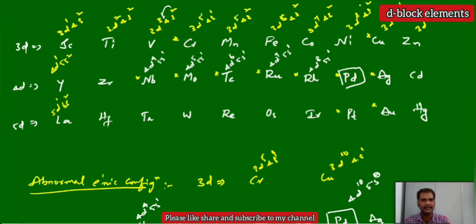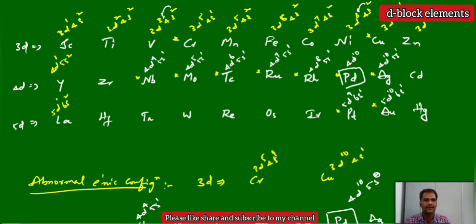Completely, the s2 electrons, two electrons, will shift into the 4d. You get 4d10. And for silver, this is 4d10 5s1. Similarly, gold also is 5d10 6s1 configuration. And platinum, this is 5d9, only one electron, 5d9 6s1. So you observe only one electron difference here.